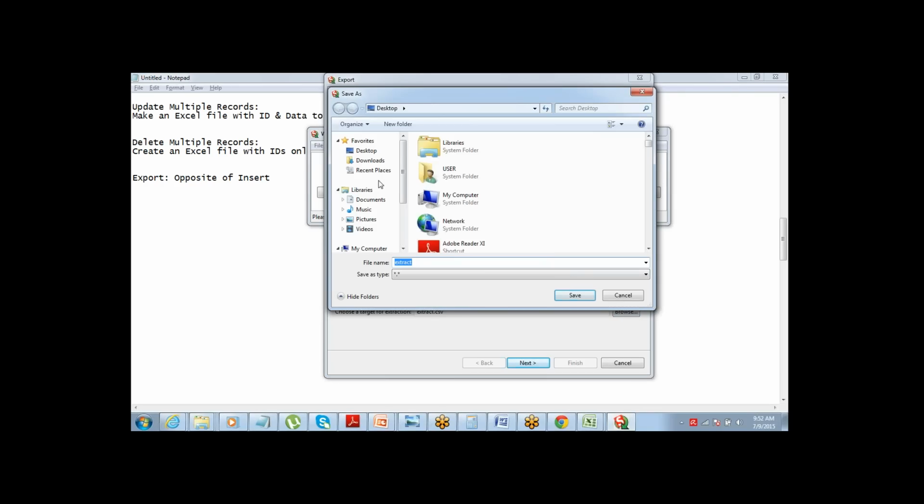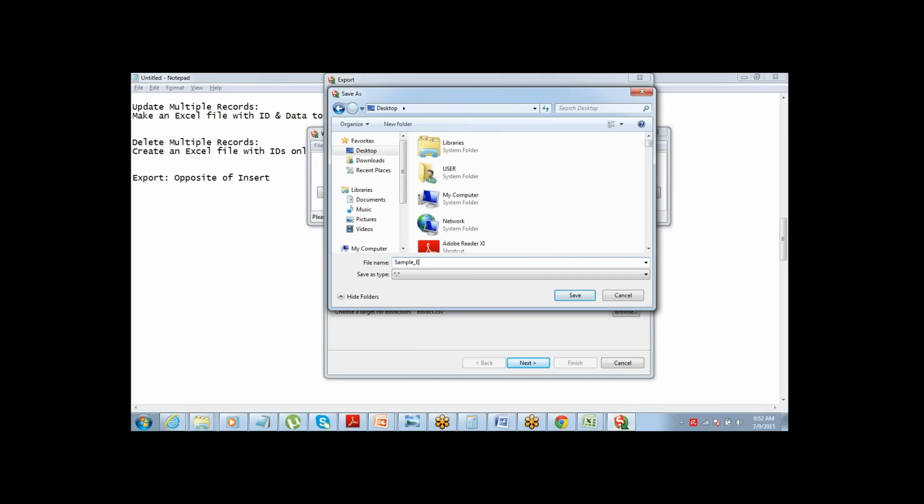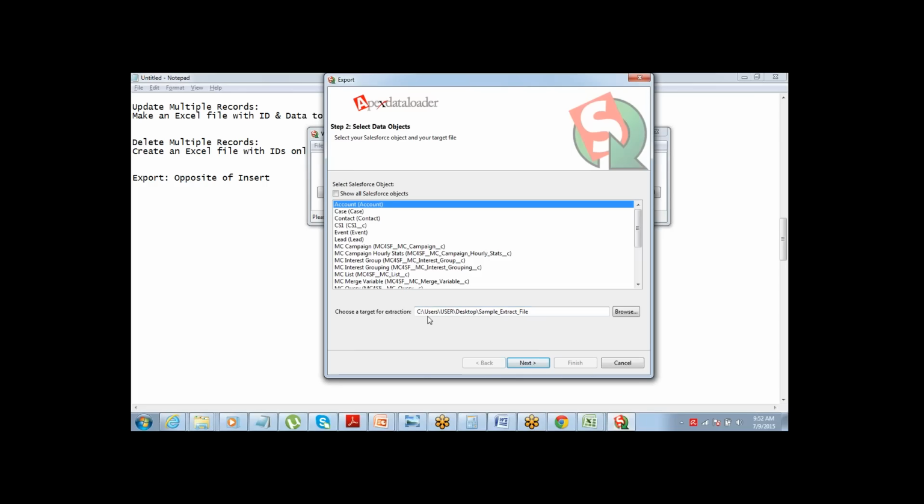Let's say for me it's going to be on desktop, and you can change the name of the file, sample extract file, save. This is the location where it's going to get saved. Go to next.